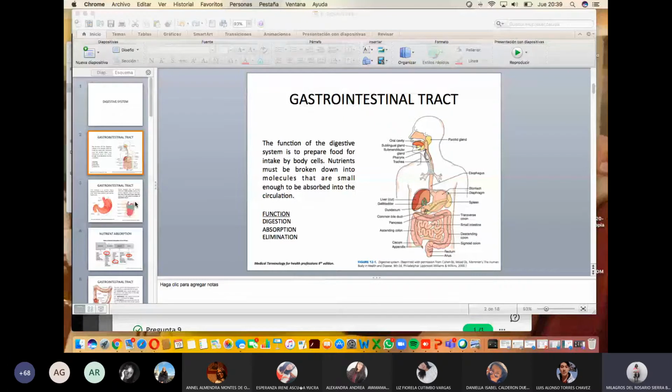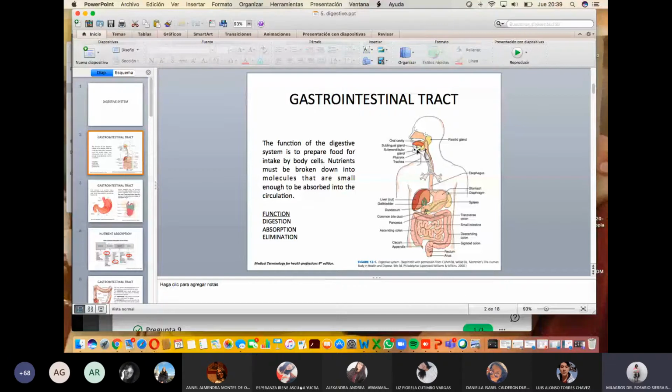There are a lot of organs involved in the gastrointestinal tract. It starts from the oral cavity and ends at the anus. We also can talk about accessory gastrointestinal organs like the liver and the pancreas that we're going to talk about later. About the stomach,